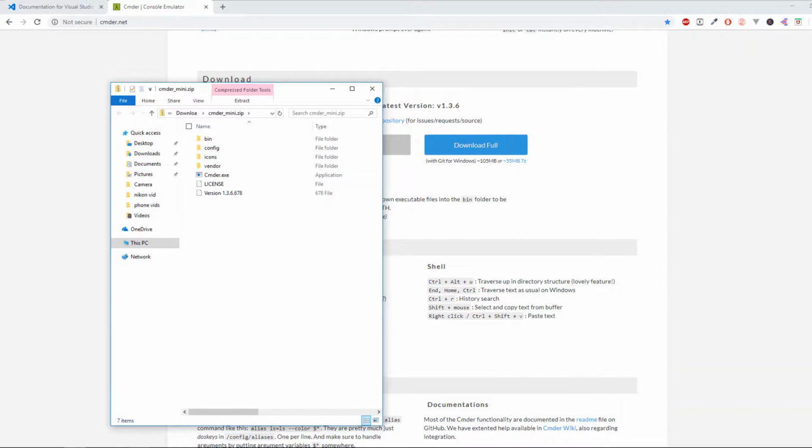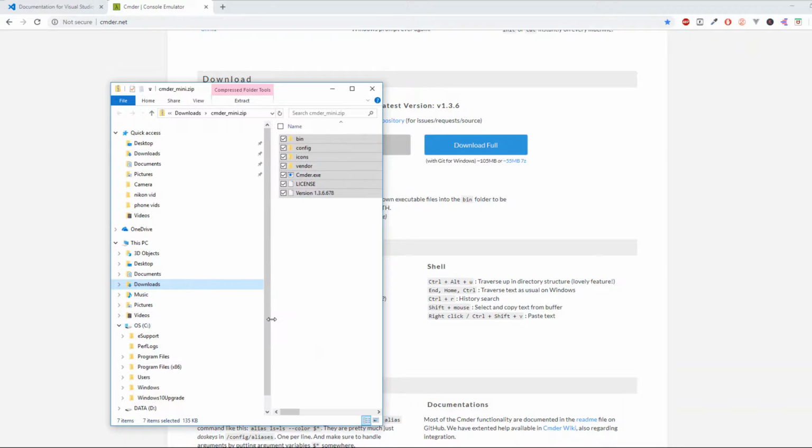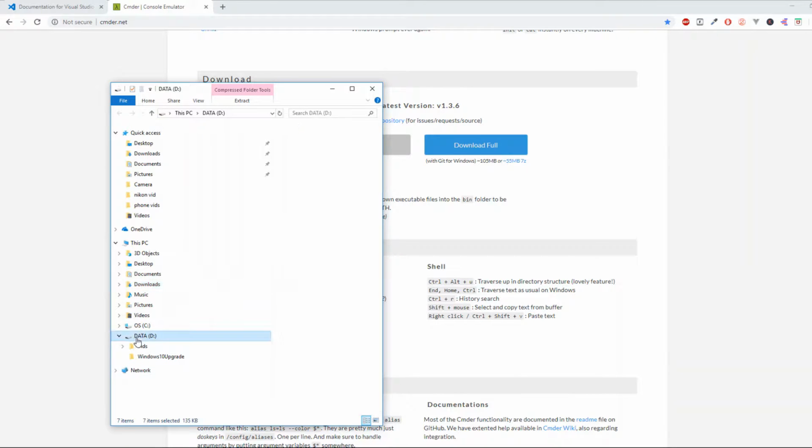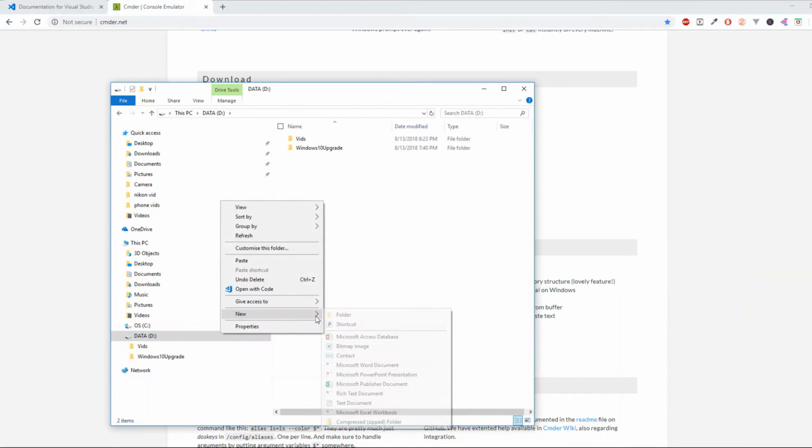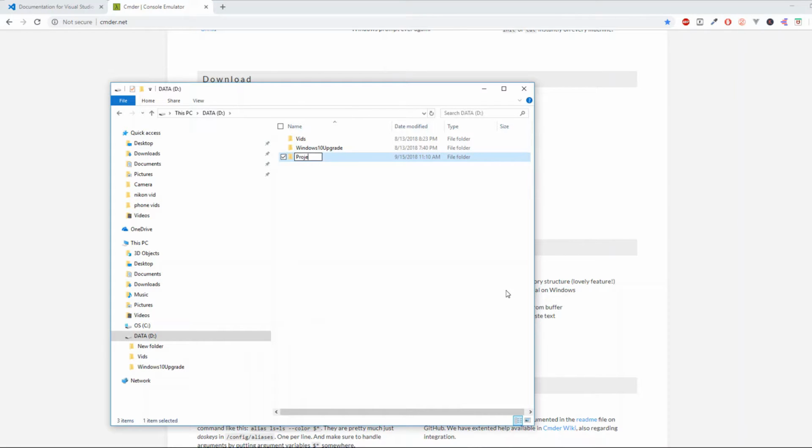So what you need to do is take all of this from here, Ctrl C, and you can put it in your C program files, or I usually put it in my drive where I keep my projects. So at this point I don't have any projects on my D drive, but I'm gonna make a new folder called projects,